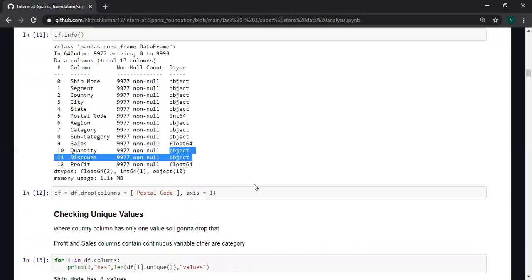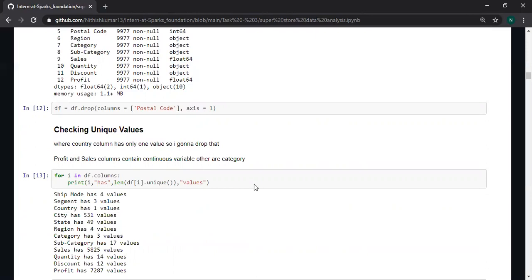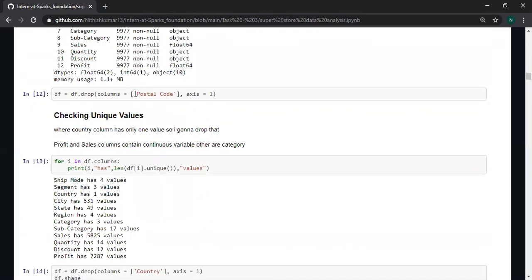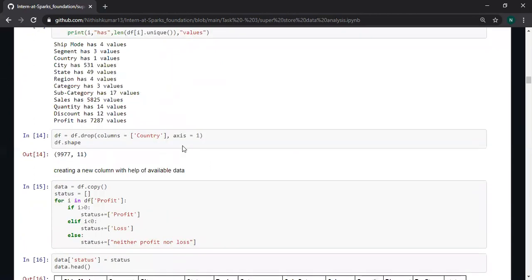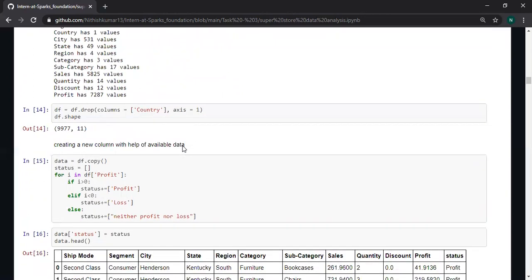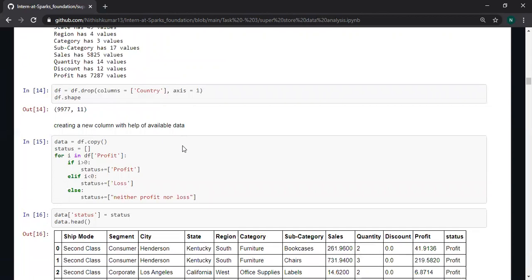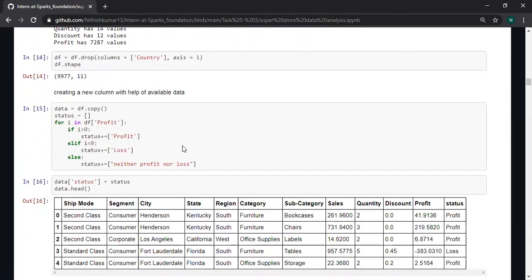There is no use of the postal code column, so I am just dropping it. This code returns the unique values from each of the columns. After dropping, I had 11 columns in my dataset.